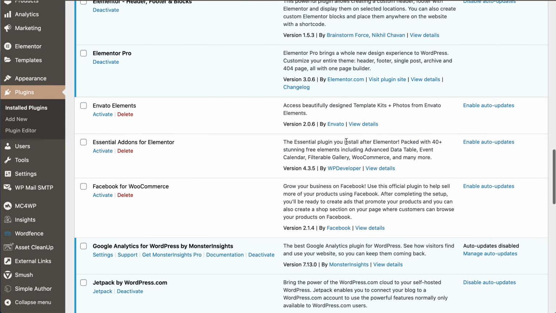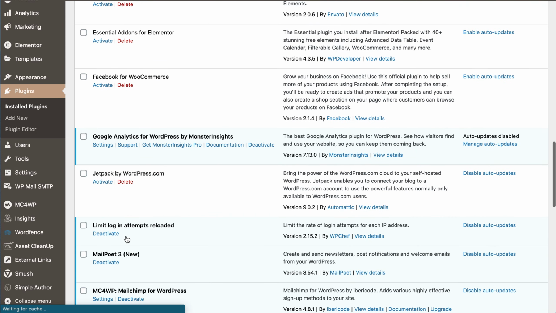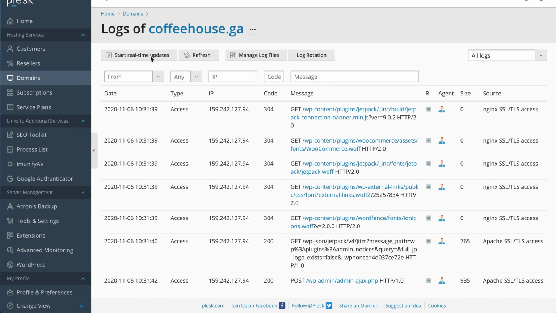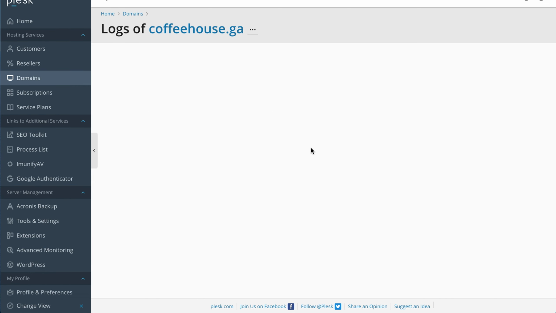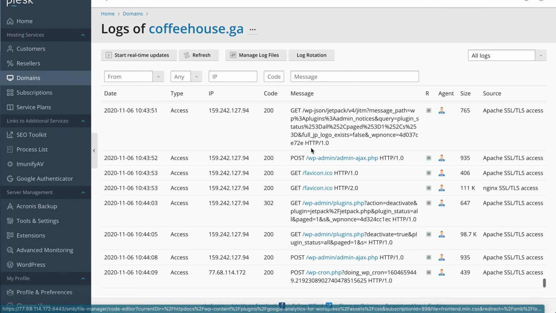So as we can see, some of these plugins have been removed just by putting an underscore underneath them on the server. I'm going to deactivate Jetpack because honestly I found Jetpack to be quite problematic, and this could have been causing the issue. Let's have a look at the error logs right now. So let's refresh the error logs that are on the server. So I'm going to scroll down,